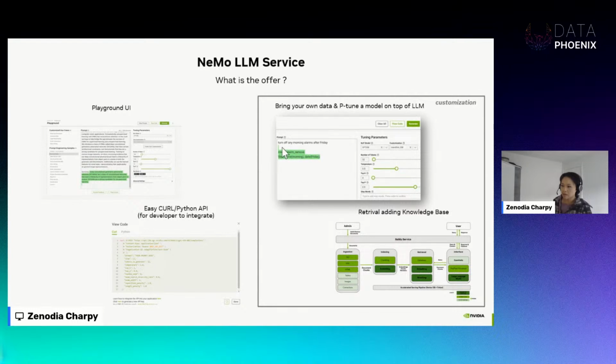As you can probably see, and I hope the screen is big enough, here is a command: turn off any morning alarm after Friday. After you p-tune a foundation model, you will have the ability to extract intent, alarm remove, slot, time, morning, date, Friday.